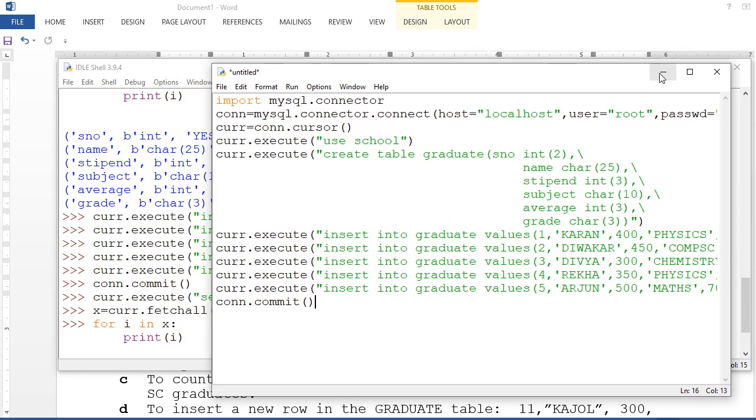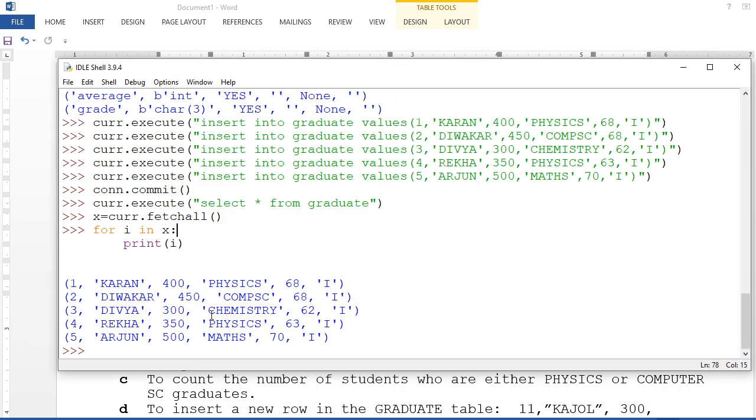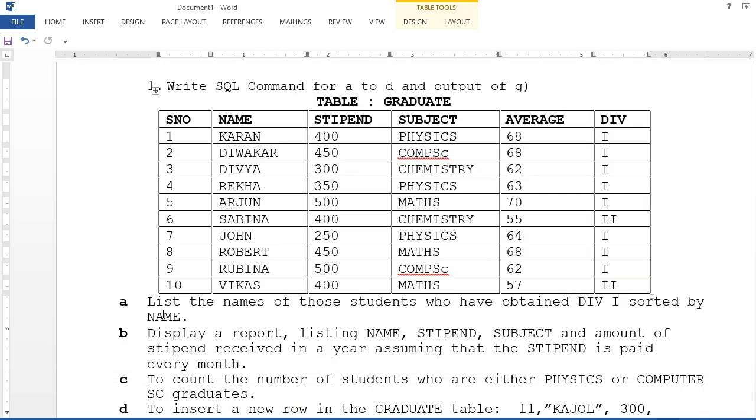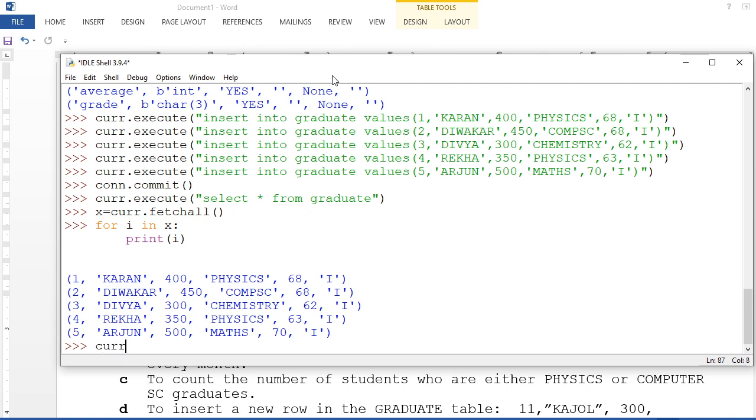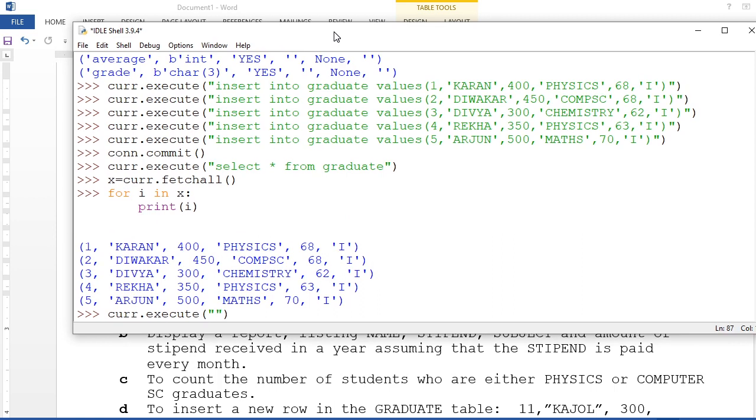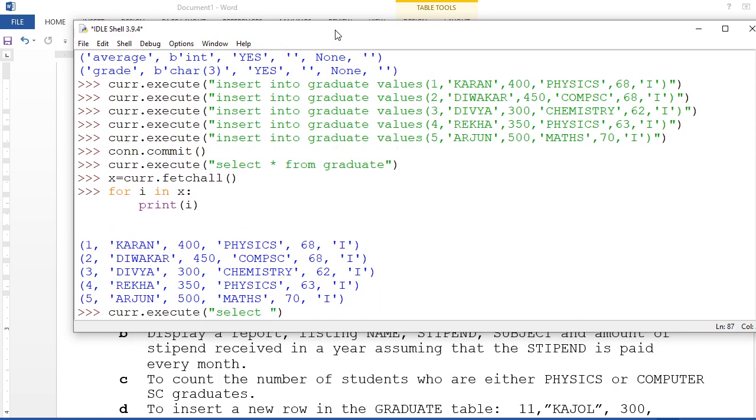So what is the first query? Tell me how to make a query. I'm going to show you the first one. The first one is: list the names of those students who have obtained division 1, sorted by name. Come on, tell me what is the meaning of this. Okay, so first we write here cursor dot execute. Tell me here first one. Select name from graduate where